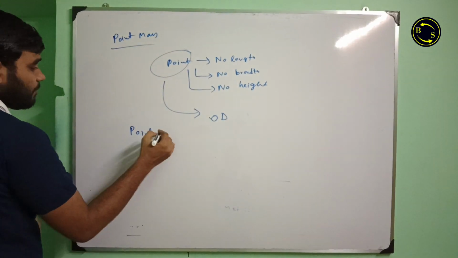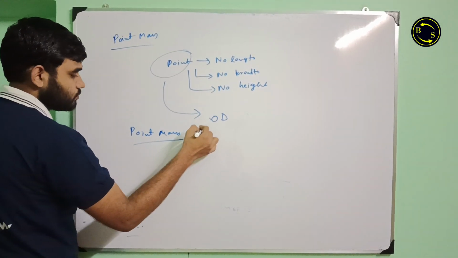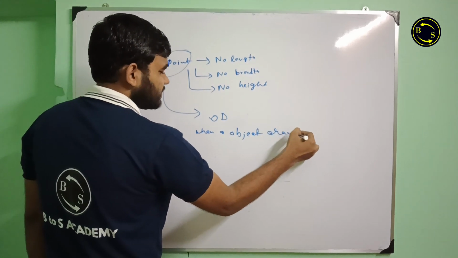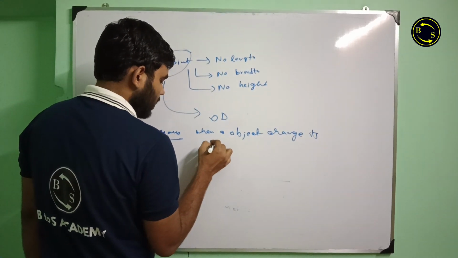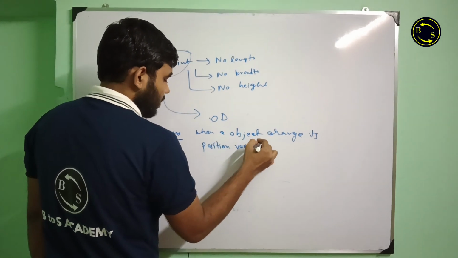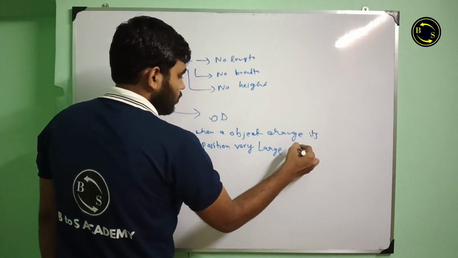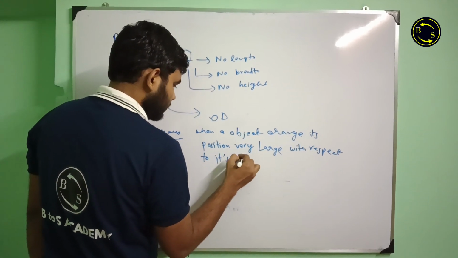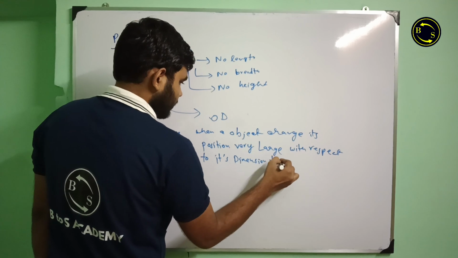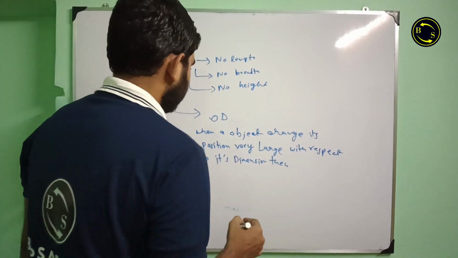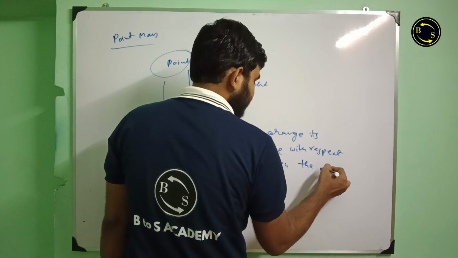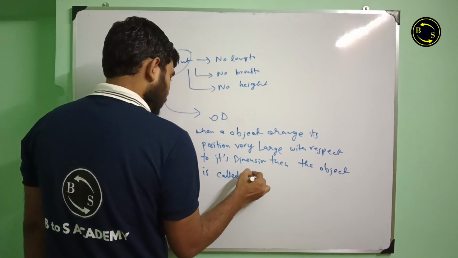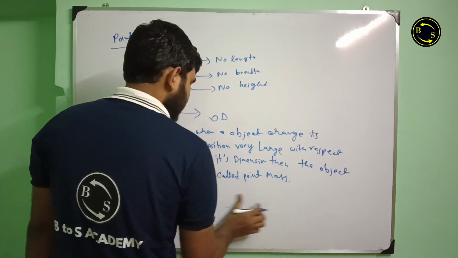Then the concept of point mass is, when an object changes its position very large with respect to its dimension, then the object is called point mass. As an example,